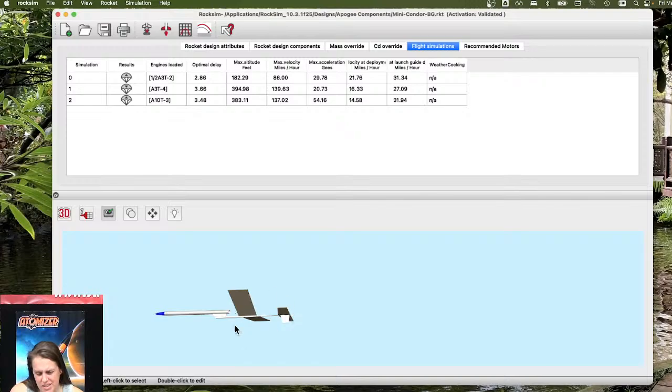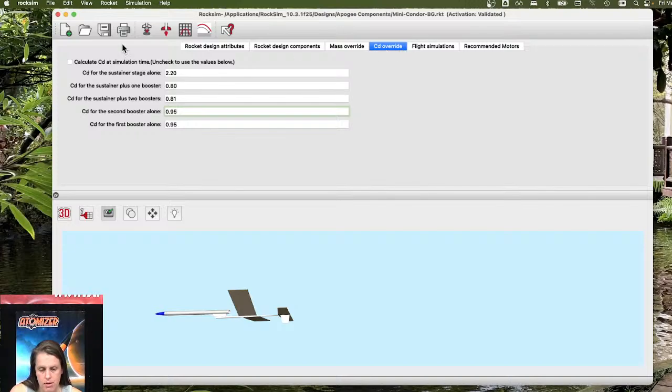But because of these crazy wings and things, I don't know how really accurate the simulation's going to be, just because of the kind of goofiness of that. If you could figure out the coefficient of drag on this accurately, then you can plug that into RockSim even. There's this CD override tab, and